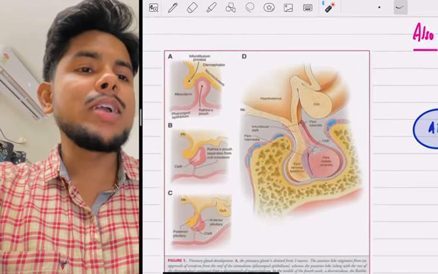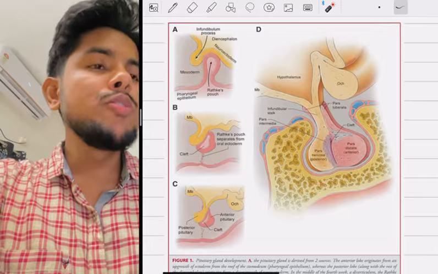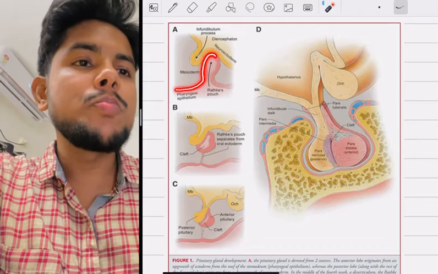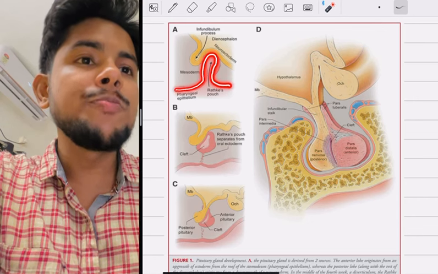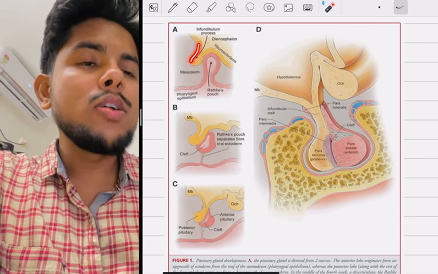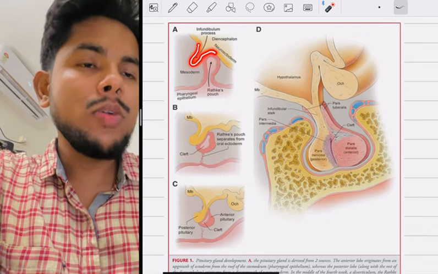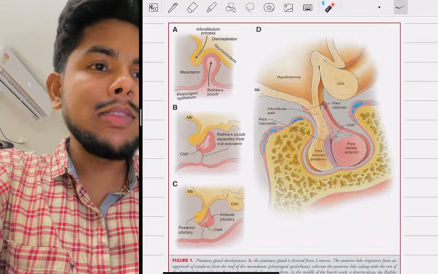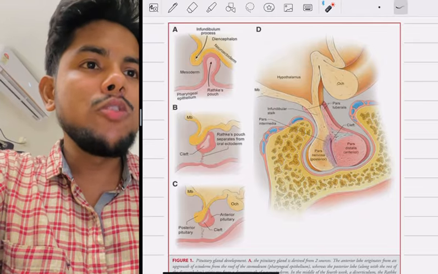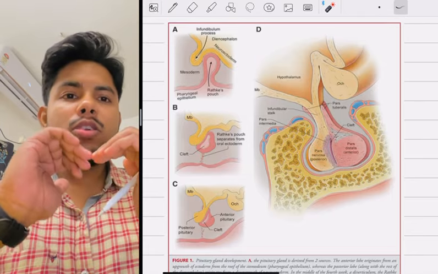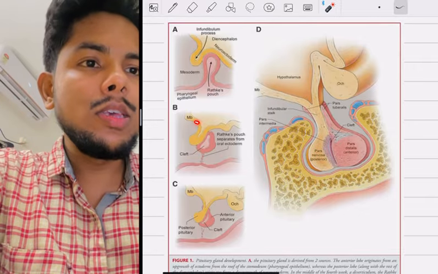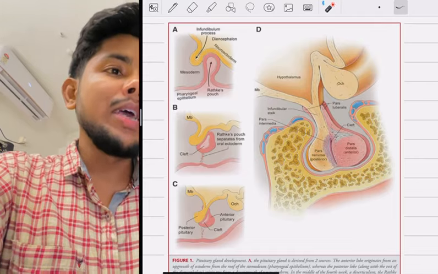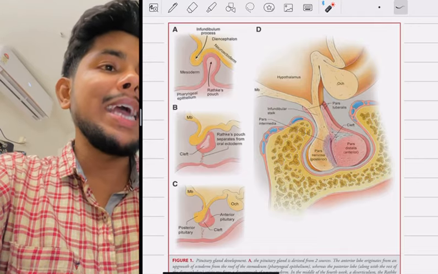Now please focus on this diagram right here and you can beautifully appreciate what I am talking about. This is your oropharyngeal epithelium and this is your outpouching from it called Rathke's pouch. And there I have the downward growth from the third ventricle, and it forms the posterior pituitary gland. Can you see this outpouching ascends upward, and there's a downward growth from the third ventricle, and they conjoin together and form the anterior and posterior pituitary gland